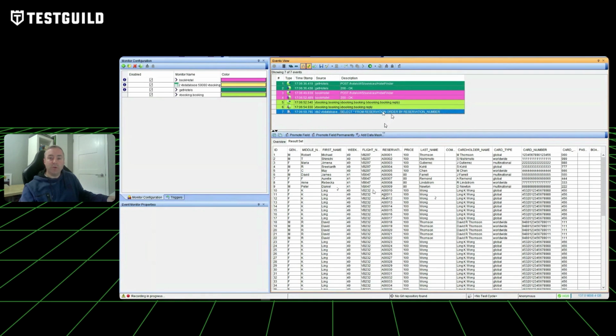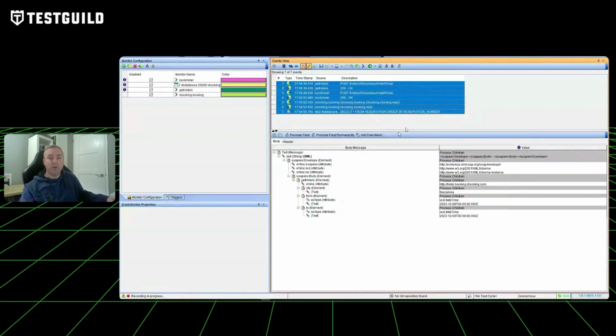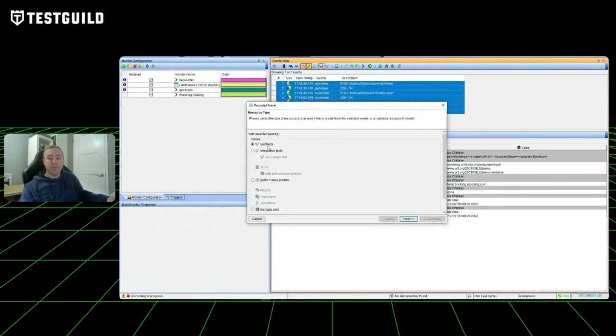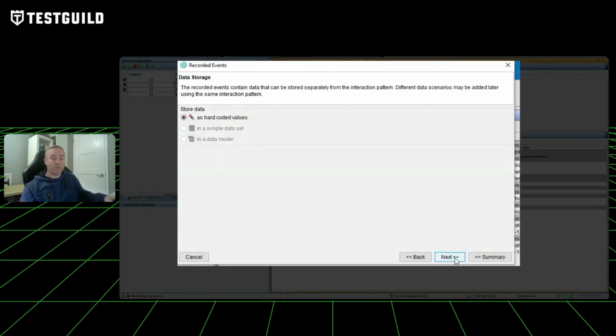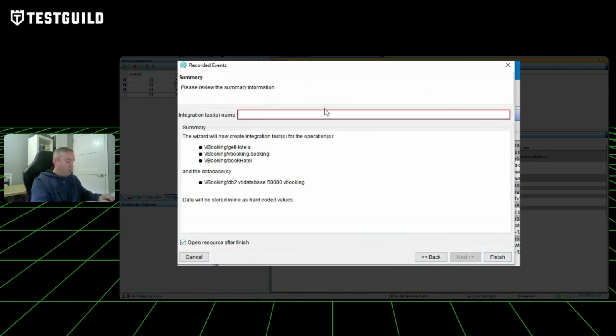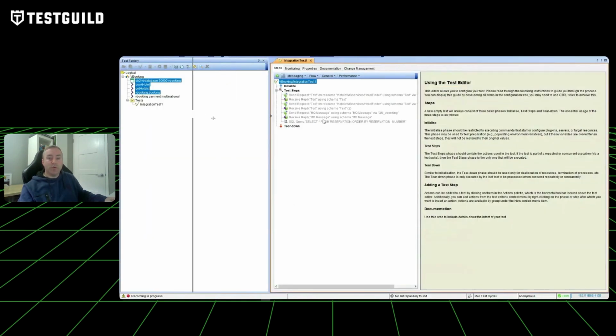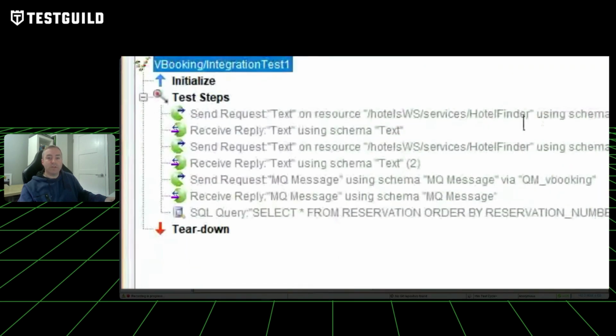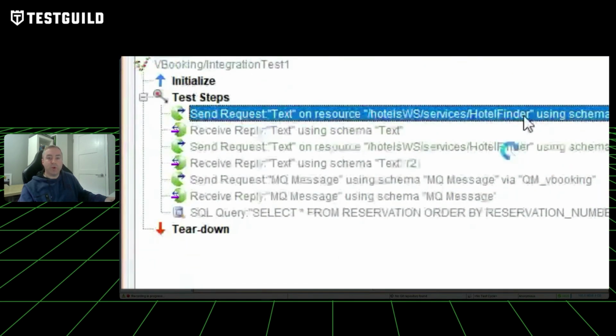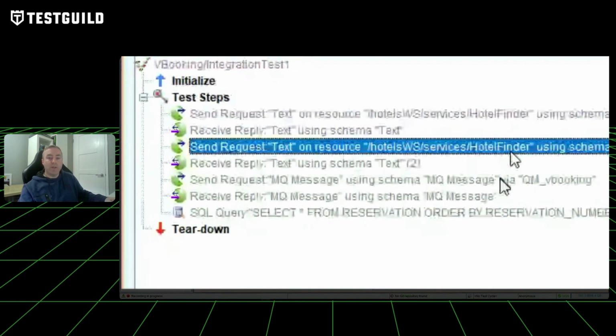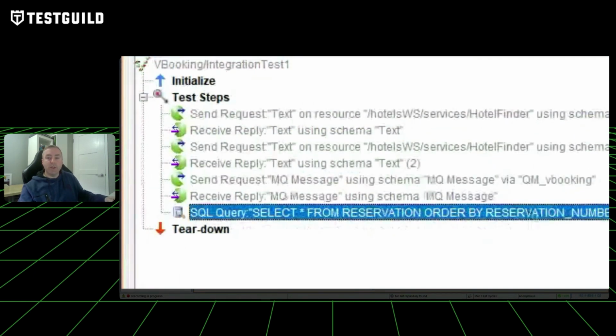And what it then allows me to do is to create a test. So I could create individual tests for each of these services, or what I'll show you now is how we can build a test across all of them as a simple integration test, and I'll call it such. And what you'll see is that this then models exactly what we recorded. So we have a request for a hotel finding service, a request for the booking, a request for the flight booking, and then a query to simulate what we did in the UI to the database